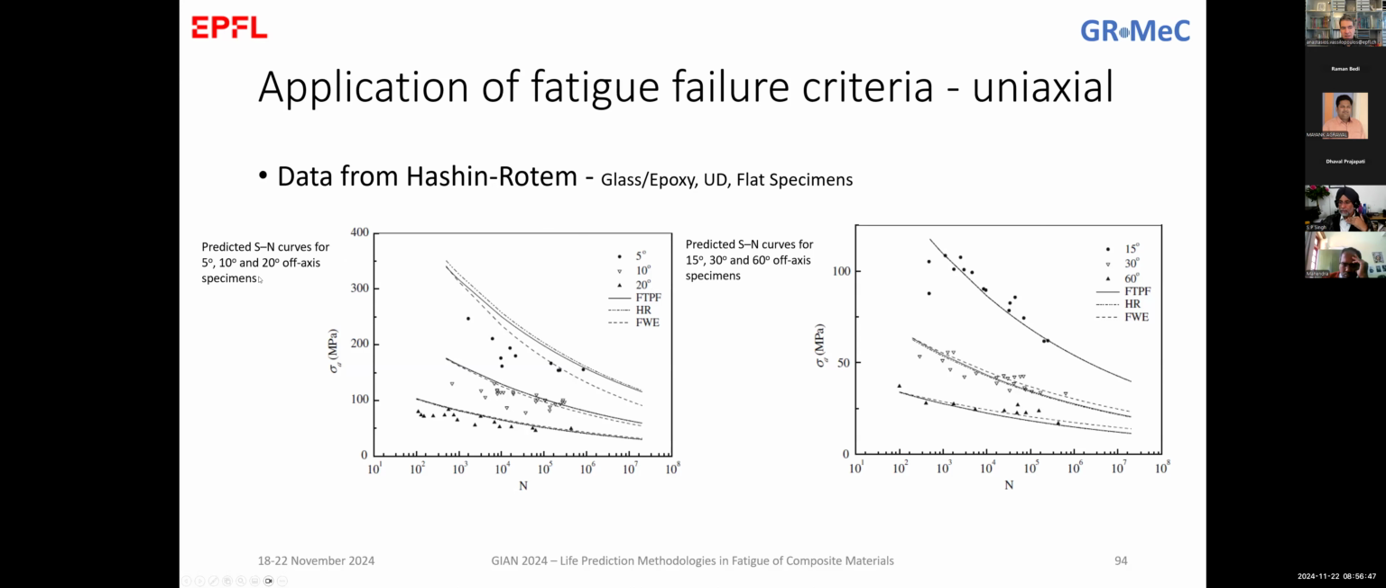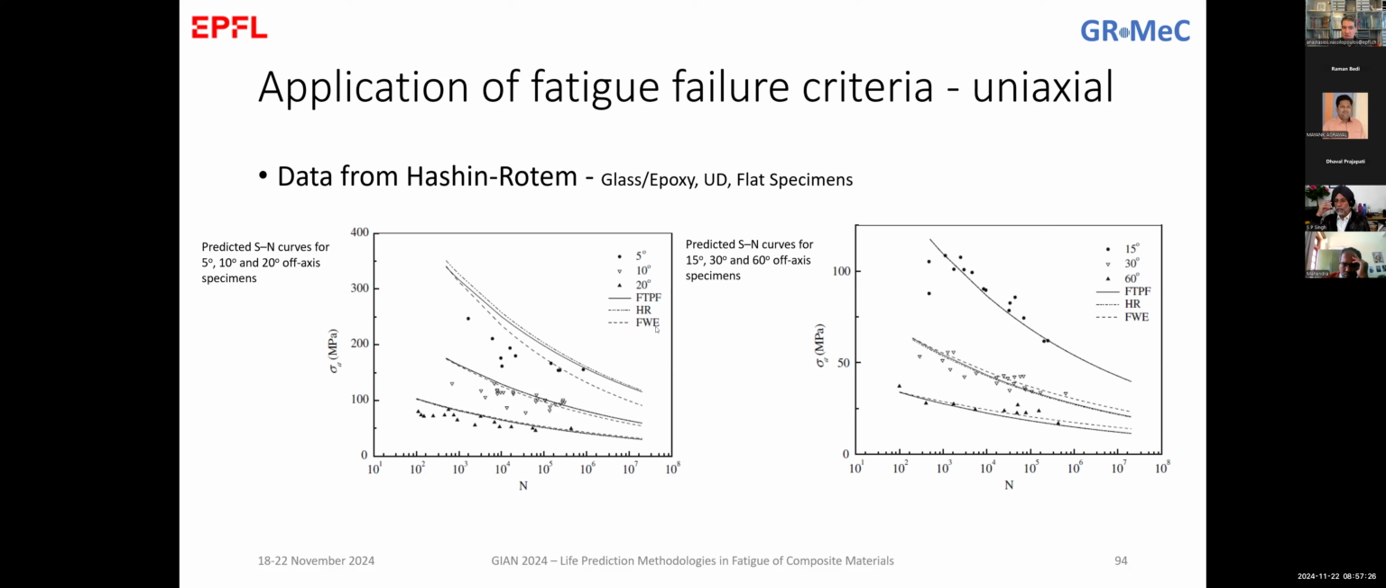So here we see the results from 5, 10, 20 degrees in this figure. And in this figure, we see the results from 50, 15, 30, and 60 degrees laminates. For the, if you remember, for the definition of the Fayaz and Elin criterion, what we see here, FWE,